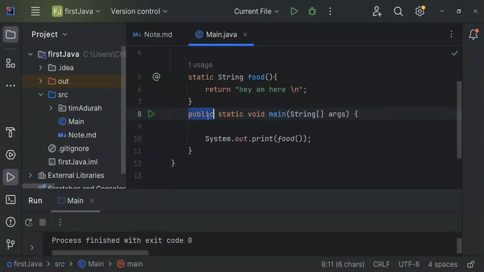So what is the use of this public? Public is to let the Java compiler know that this kind of method that I create, I want it to be used by all other classes. That's the work of this public. Let me create one class and make it an example and show you the difference between this public